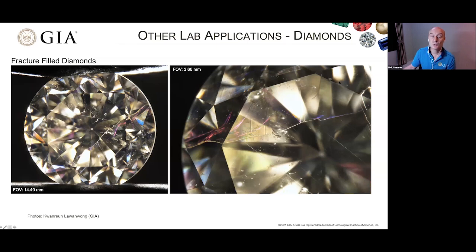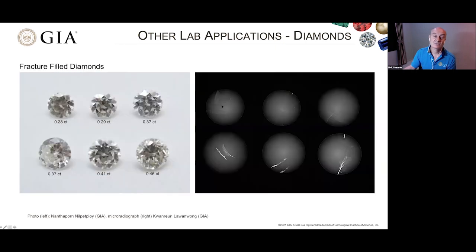I think most of you know, all you have to do is look at this with a loupe, and you see these very strong colors. And then if you adjust them, you see the flash effect. This is typical of fracture filling in diamonds. So there isn't really any need to do any sort of advanced testing. But as we have an X-ray machine in-house, why not check and see?